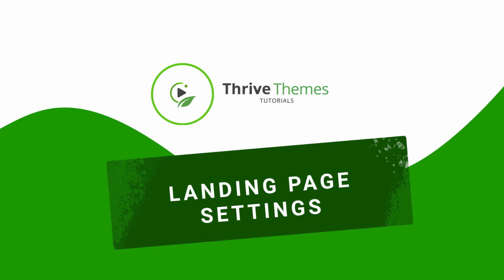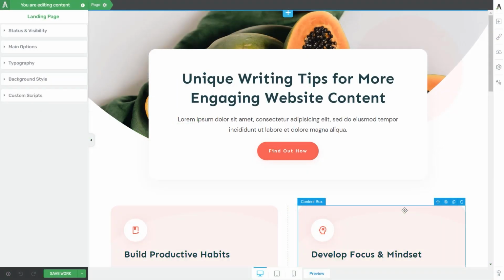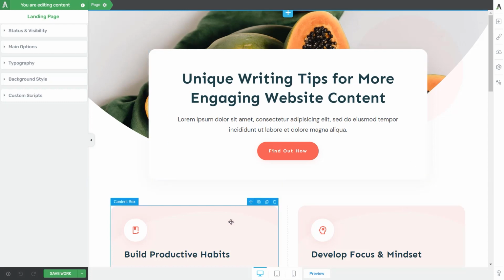This Thrive Architect tutorial in which I'm going to show you how you can customize the landing page settings. So here we have a landing page, and I'm going to start off with the fact that you can customize each element from the page simply by accessing its options. So you can click on the element you want to edit and the main options will appear here in the